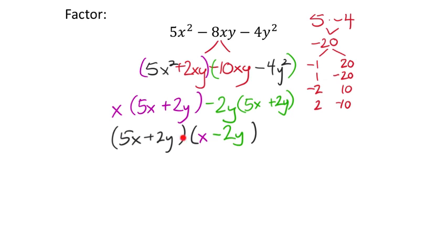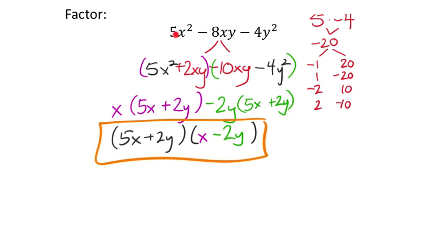Now again, since this looks kind of funky, is there anything else I can factor out from these? No, there isn't. And you may have noticed that from the beginning. There was no greatest common factor to factor out from all three terms, which is what we need. It has to happen with all three. And again, if you reverse this,